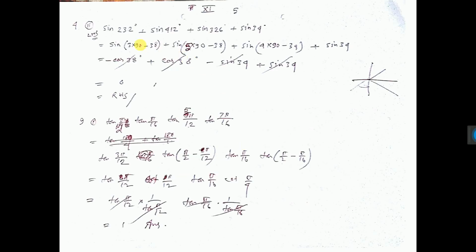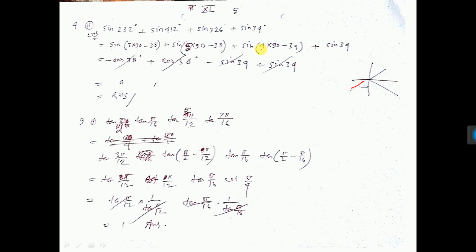This sum 4 part 2, see, it can be written as 3 into 90 minus 38. This is 5 into 90 minus 38. This is 4 into 90 minus 34. This is only 34. So this one, see, odd multiples, so sign will be cos. See the quadrant, which quadrant is it falling? 3 into 90 minus theta, 1, 2, 3. So it is third quadrant. All sin tan positive, our sum is sin, so minus sign. Sin odd multiple will be cos. See the sign, 5 into 90 minus theta, it is coming in the first quadrant, all positive, that is why plus.